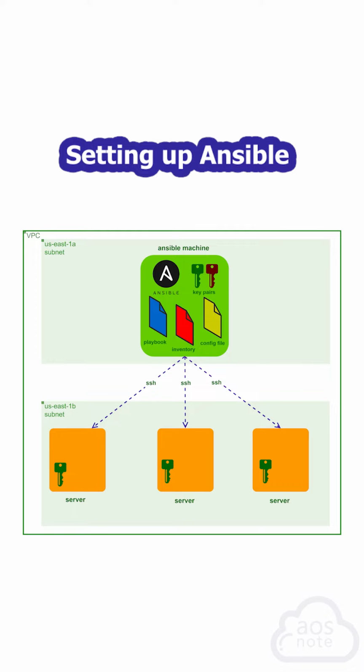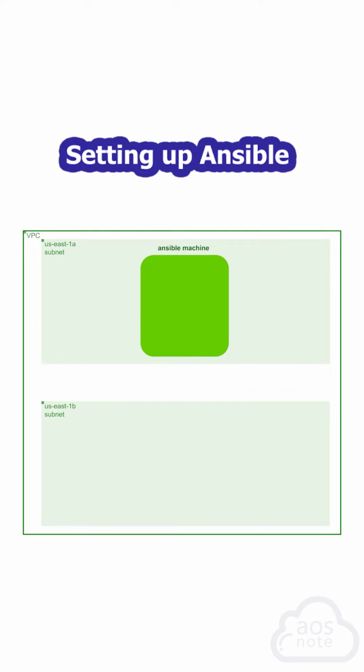And to explain how Ansible works, first we will launch an EC2 instance called Ansible machine, and we will install Ansible on it. Then we will create a key pair on the Ansible machine and use the key pair to establish an SSH connection between the Ansible machine and the servers we want to configure. To establish an SSH connection, we will also create a security group that allows SSH access between the Ansible machine